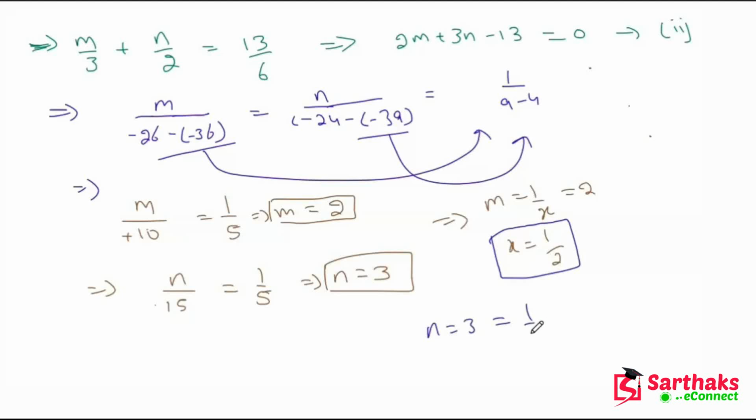And we have 1 upon y. So we get y is equal to 1 upon 3. This is the value of y. So I hope you get this point. This is the reducing method, in which we reduce the non-linear equation to the linear equation. Then we solve according to the suitable method. Okay, so now